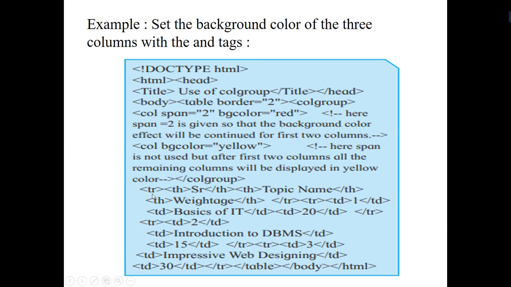Here we have used again the tr and th tags for creating the table. That is, tr is used for table row, whereas th is used for table heading. First heading is SR number. Then once your data is written, your th tag which is opened over here gets closed by using \th. Second th is for topic name, then your th tag gets closed. Third is th again for your weightage and your th tag is closed. In this way your 3 columns of your first row are created. Then your tr tag which is open over here gets closed by using \tr.